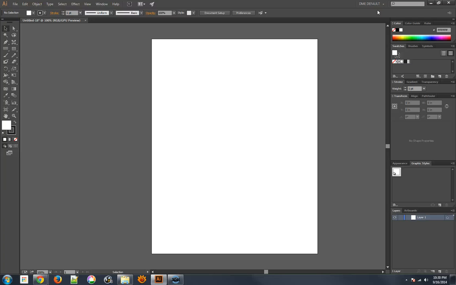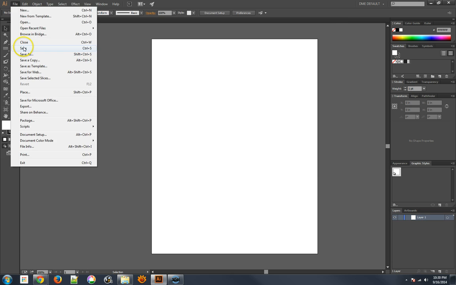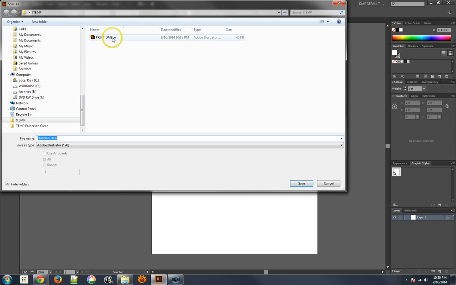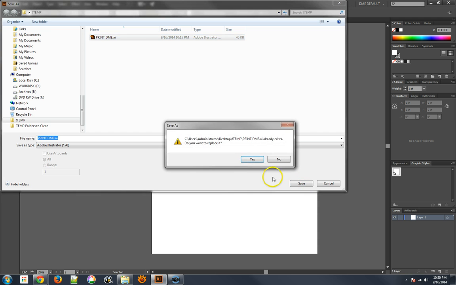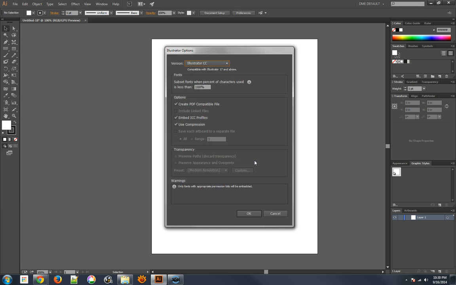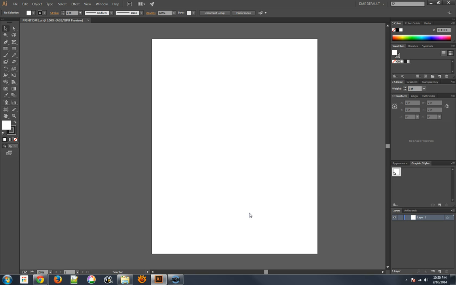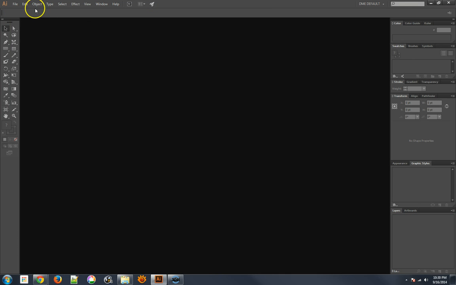Now that we have this document and we have our setup all done, I'm going to save this document. And I'm saving it right now. I'm saving it in a temp folder, but I want you to save it in a folder that you might use as a resources folder or a very special folder you know not to delete. That's what's important, is that you don't delete this,